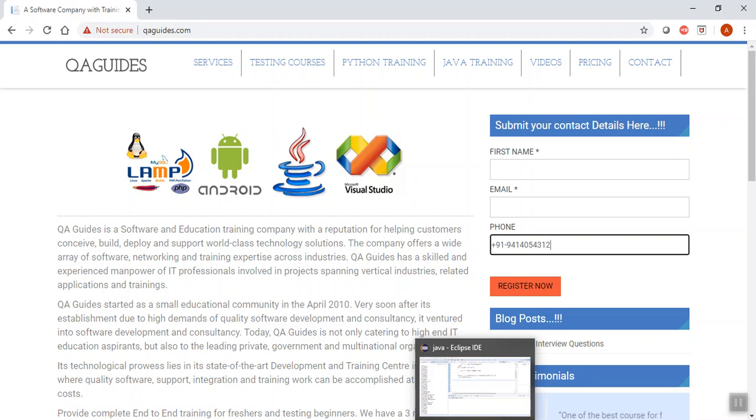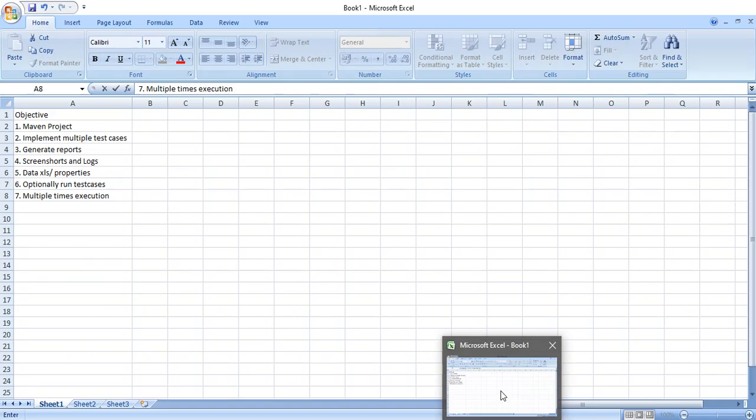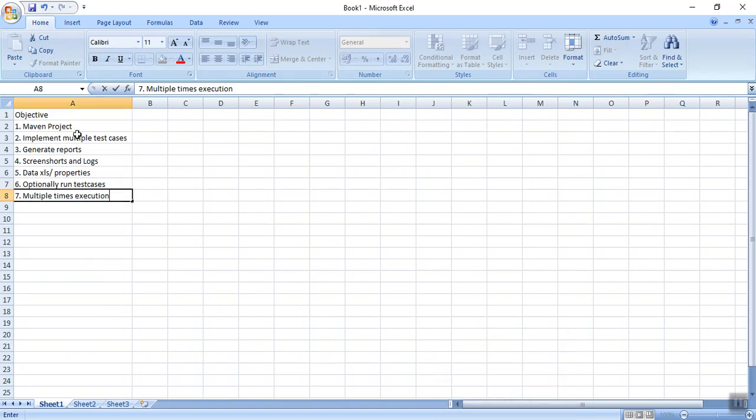So let's start with our next topic, that is Maven. We will be covering it today with the hybrid framework. Maven is part of the hybrid framework, that's why it came to my mouth. So, what is our objective before starting this? We will be creating a Maven project. I have already told you, but we will come to this again.